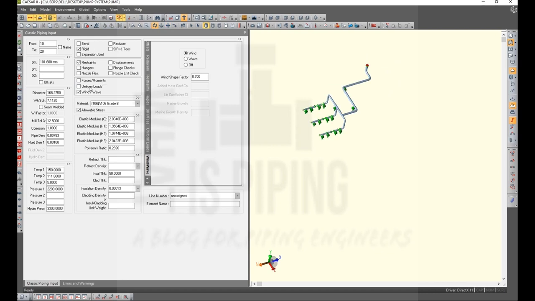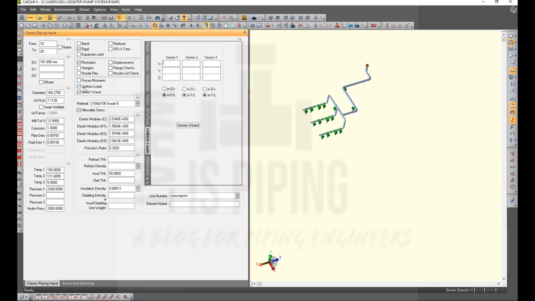Now to define the seismic load or uniform load, we have to click here on uniform load. Normally seismic or earthquake is defined in two vectors, in X and Z, means horizontal vectors. Normally it is not considered in the vertical direction, but for that also you have to check your project specification, because a few projects may require seismic consideration in the vertical direction.